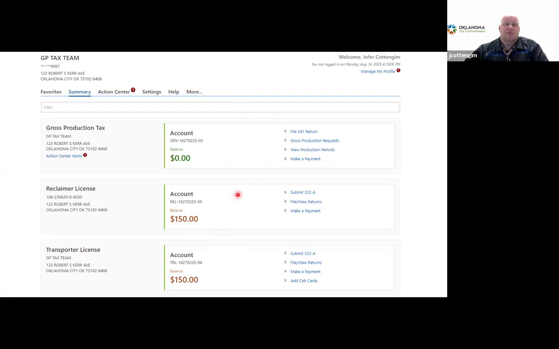You can view the production periods you have on file and what their balances are, and you can make a payment. For reclaimers and transporters, there are options to submit the Form 323A application, which is just the monthly record of oil transported and stored. You can view or file those returns and make a payment. And for transporters, it has similar options, but it also has the ability to add additional vehicles to your existing license